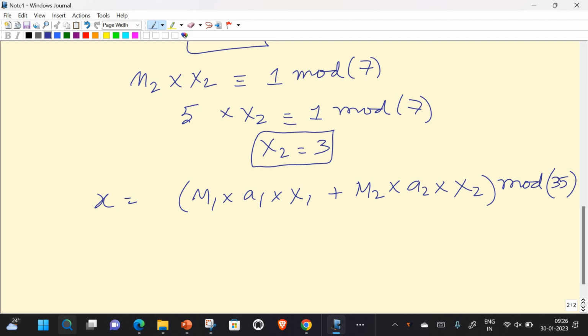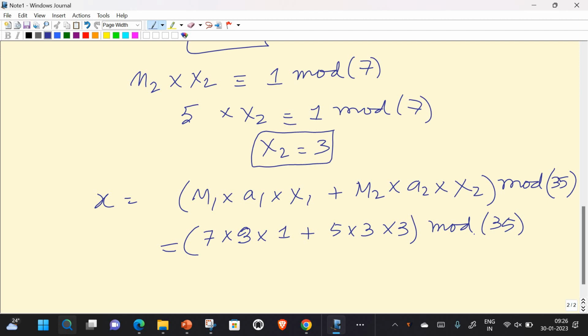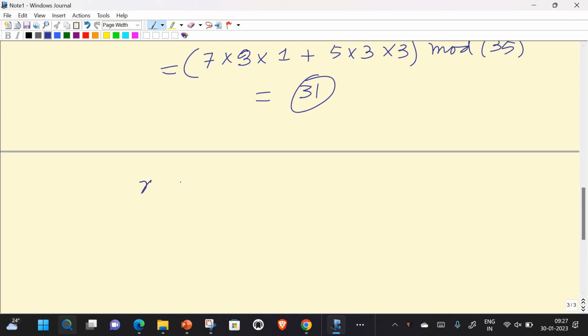Now, if you consider there are 3 equations, then there will be another set of elements which will be present, nothing else. So, in this case, you already have found out what is m1. So, we have 7 multiplied by 3 multiplied by 1 plus 5 multiplied by 3 multiplied by 3 mod of 35. So, the final answer is 31. What we can write as the final answer is that our equation was x